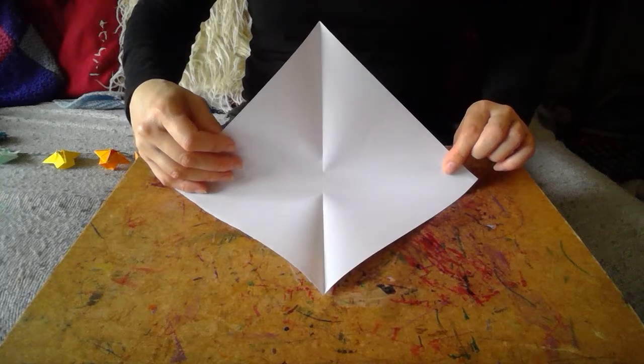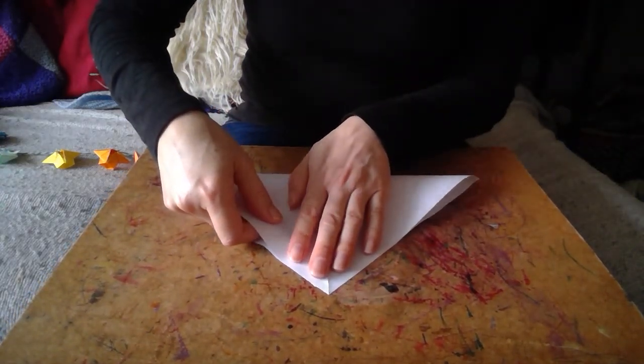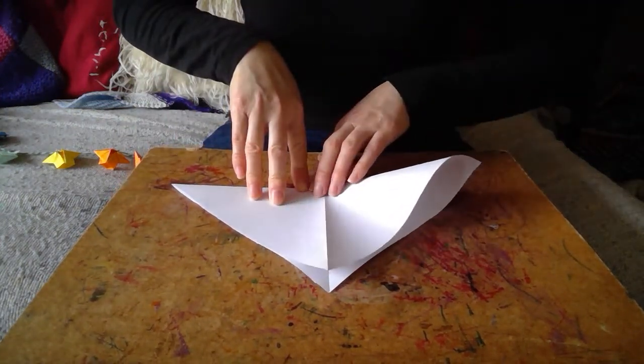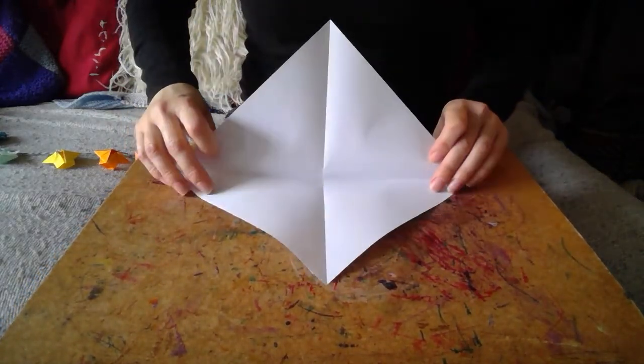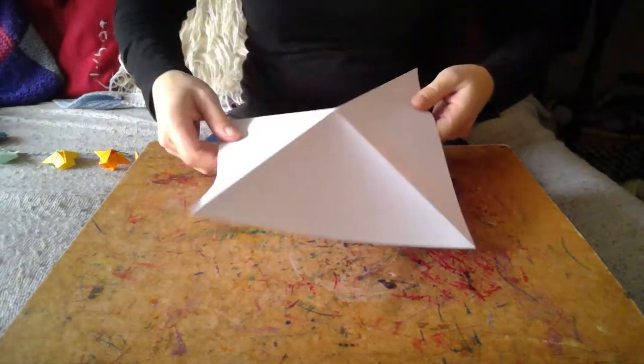So we've done a diagonal. So if you can do the other diagonal. Again, take your time. It's what makes it relaxing. And be nice and exact. That's it. Good strong folds, like so. Lovely. And if we turn it over,